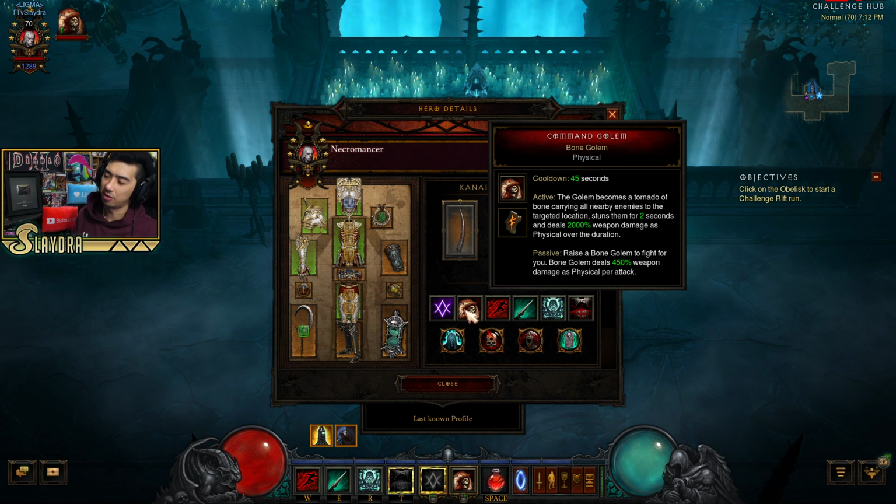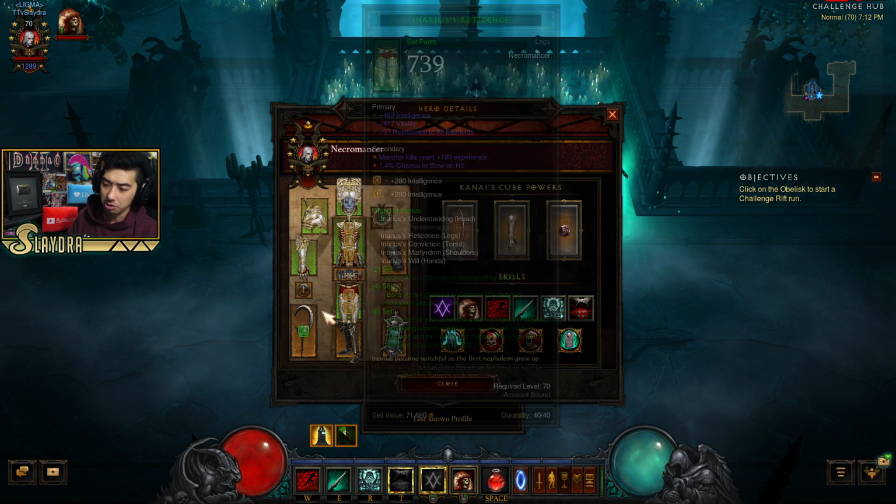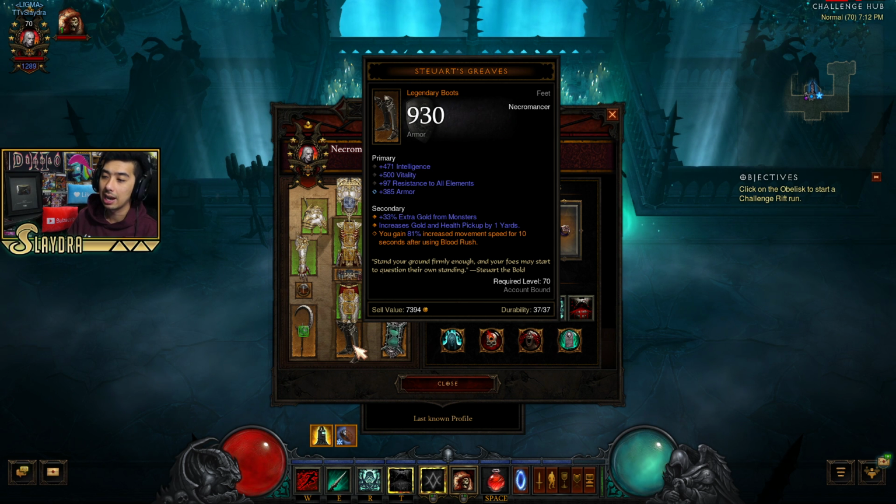As far as our skills go, Golem can be used, you can kind of ignore it if you want to, but basically you can group up the enemies and it does stun them. You can use it when you are out of Bone Armor stacks. Blood Rush you're just going to activate as your mobility option. You can activate it pretty much most of the time because you're going to have that extra movement